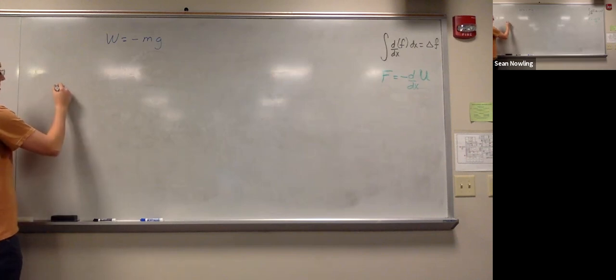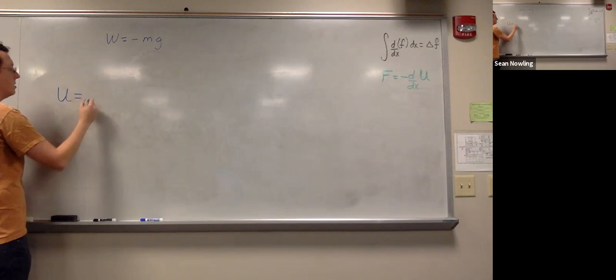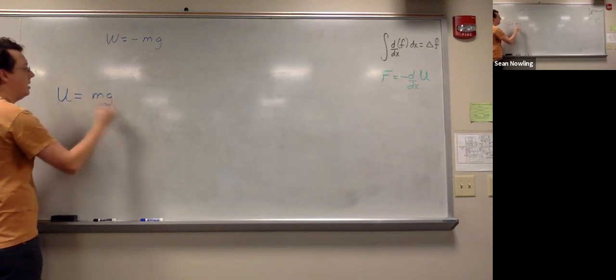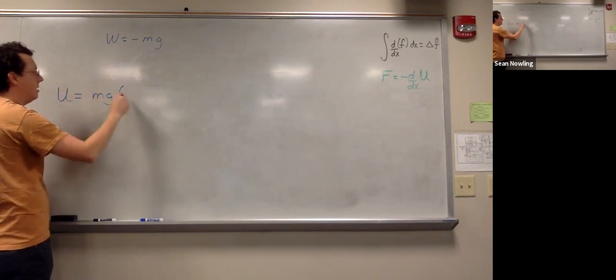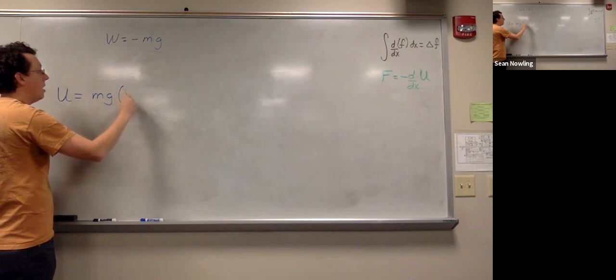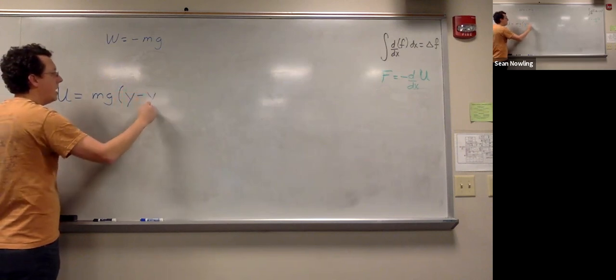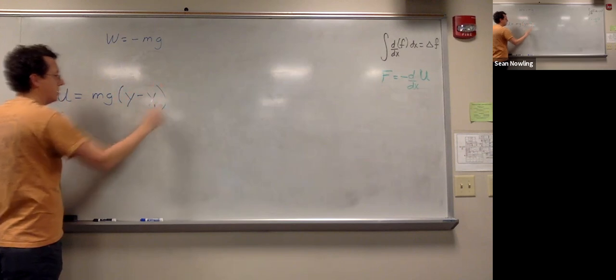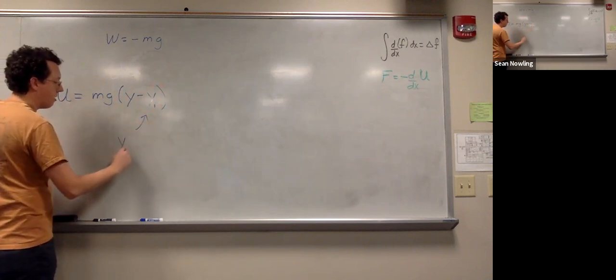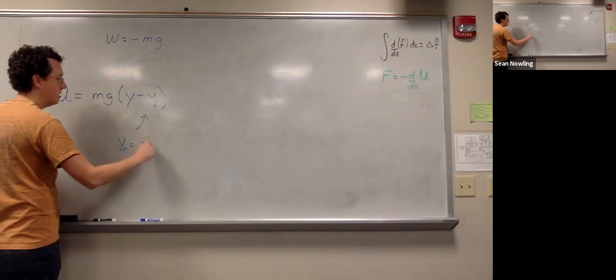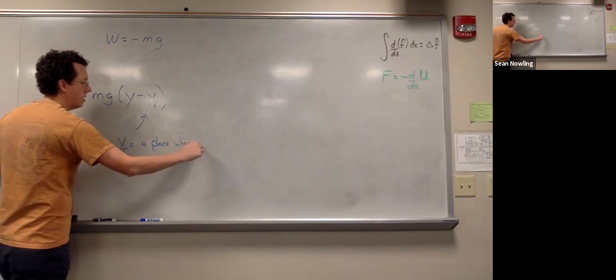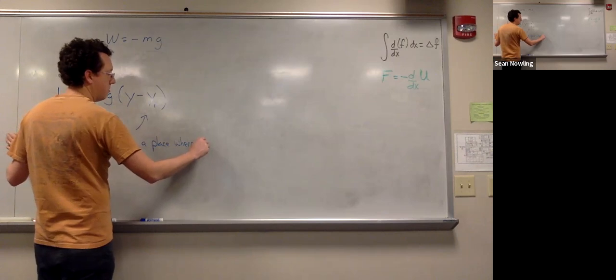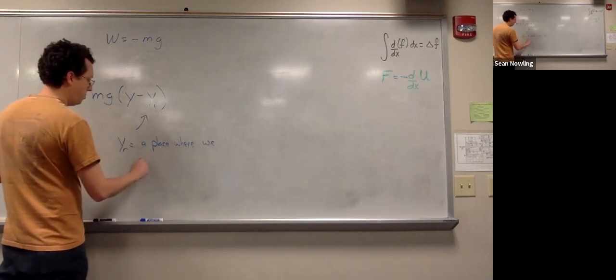Potential energy equals mg times, and I can add a constant, and I'll call this y minus y_r for reference. y_r is a place where we choose